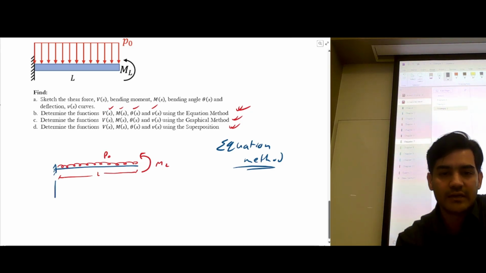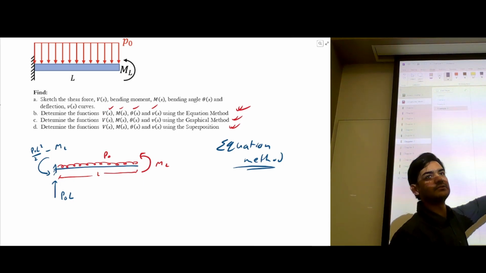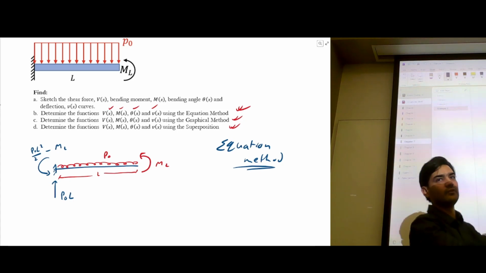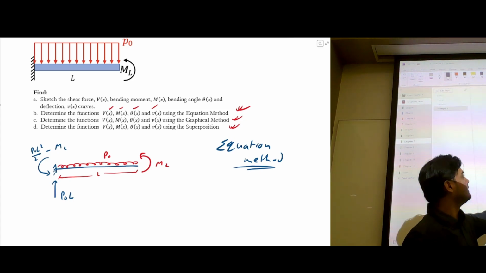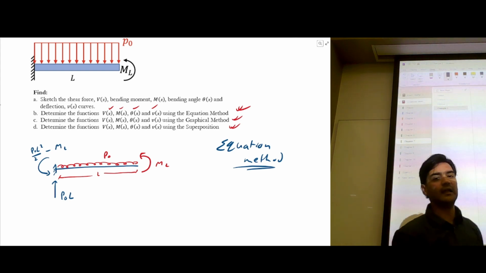I'm just gonna directly write the reaction. Reactions come out to be P naught L, and the moment will be P naught L squared by 2 minus ML. Everybody knows how to calculate the reaction, right? You just use equilibrium equations. If you use summation of vertical forces equal to 0, you're going to get P naught L. If you use summation of moment at this point equal to 0, you're going to get the value of